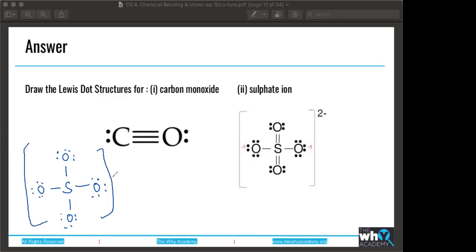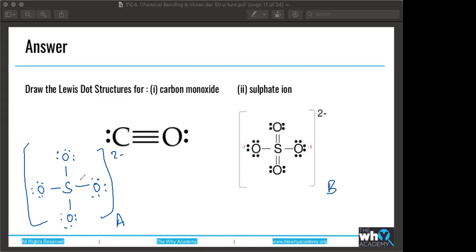Can you calculate what is the formal charge of sulfur in both these cases? A and B. So in A, how much is it? And in B, how much? It's 0, but I think it should be the same.